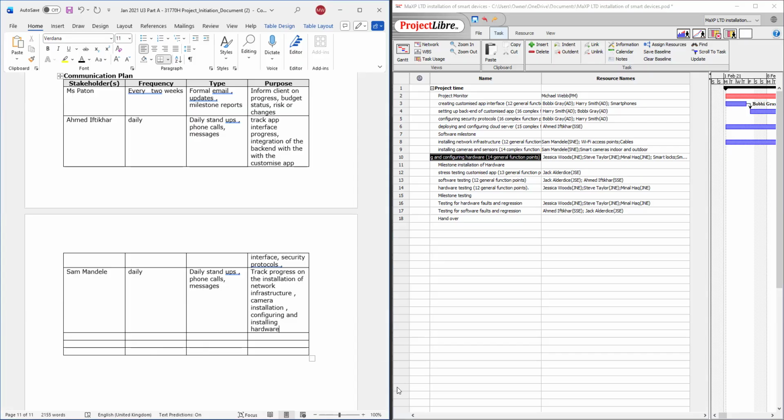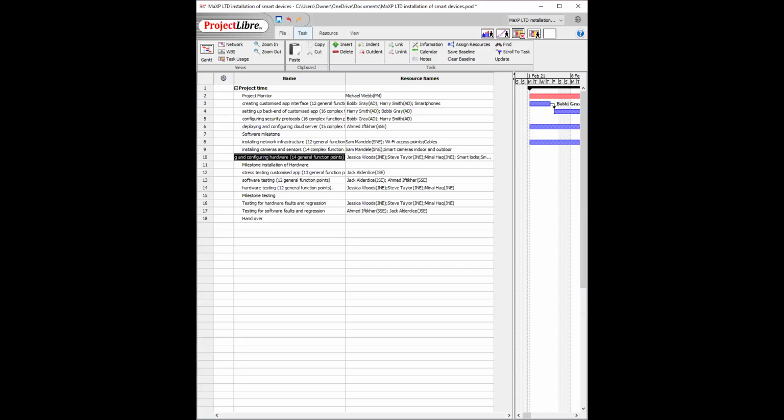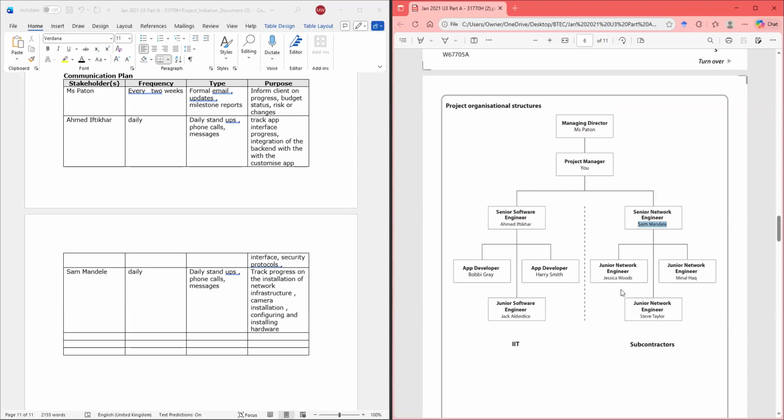Then now we're going to look at the different guys, for example, app developer, junior software engineer, right? We're going to look at them.